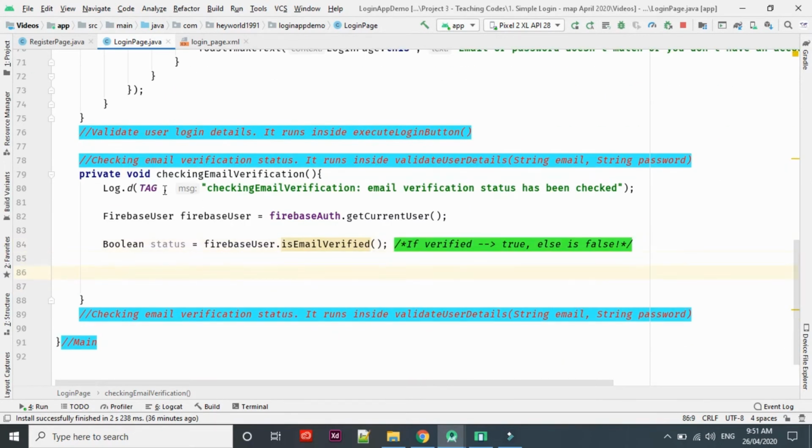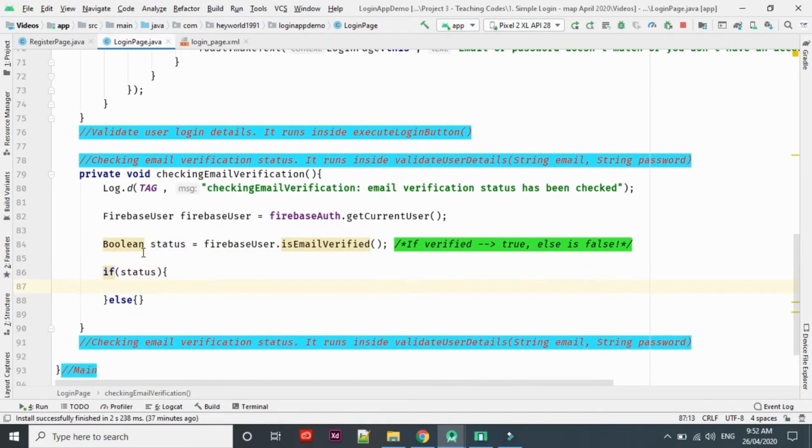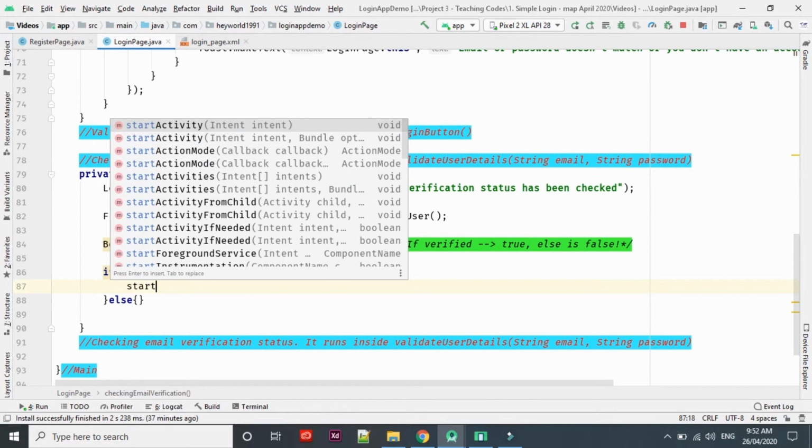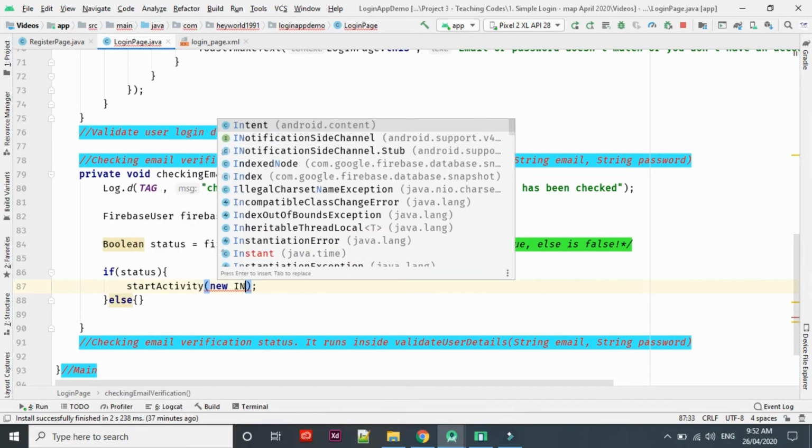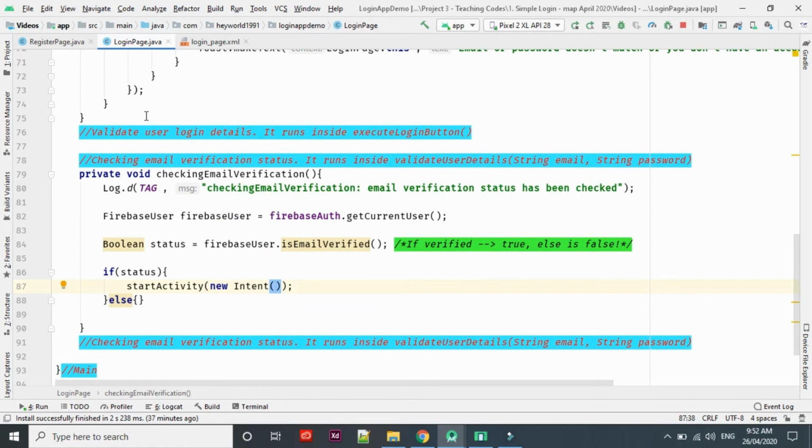Come down. We need another if else condition. We need to check if the value or the return for this boolean is true or false. If it's true, it does something. If it's false, it does something else. Write down if else. Coming down here, just put it down as a status variable here. If the return is true, which is here, if it's verified is true, then we need to start activity as an intent, new intent from login page dot this to welcome page